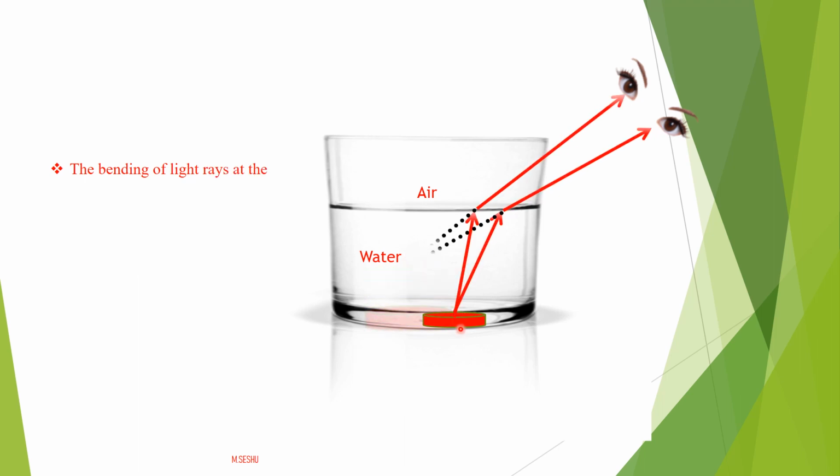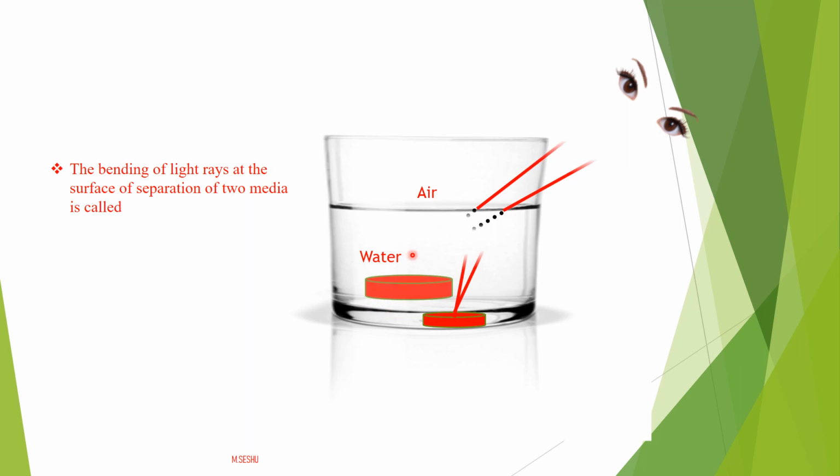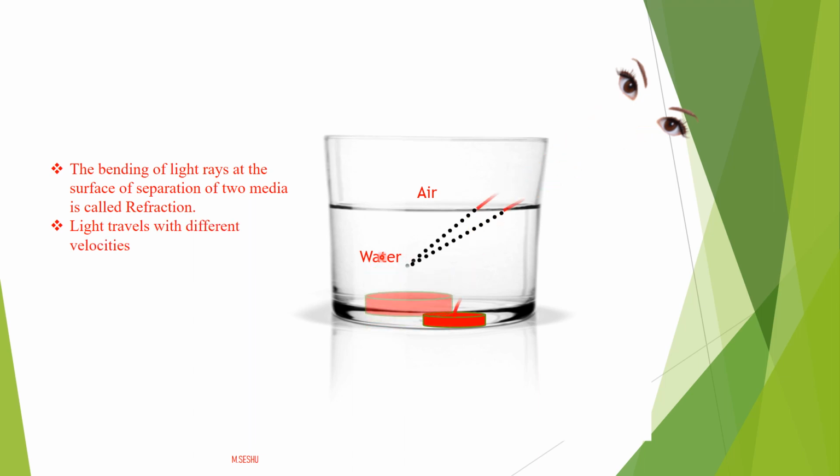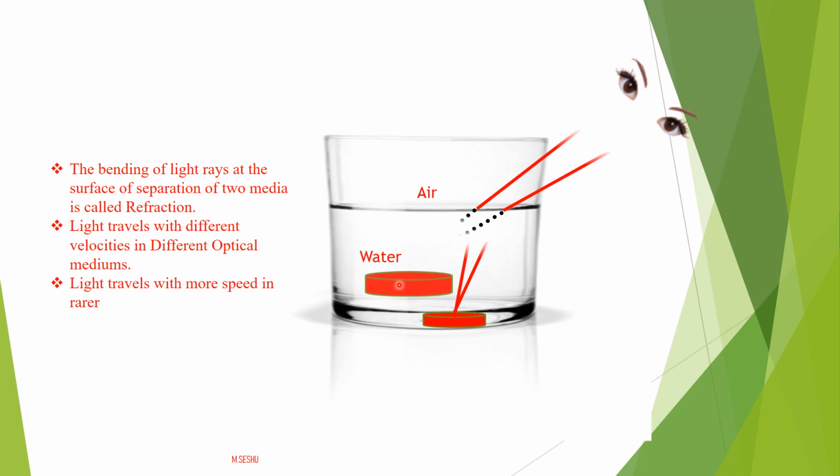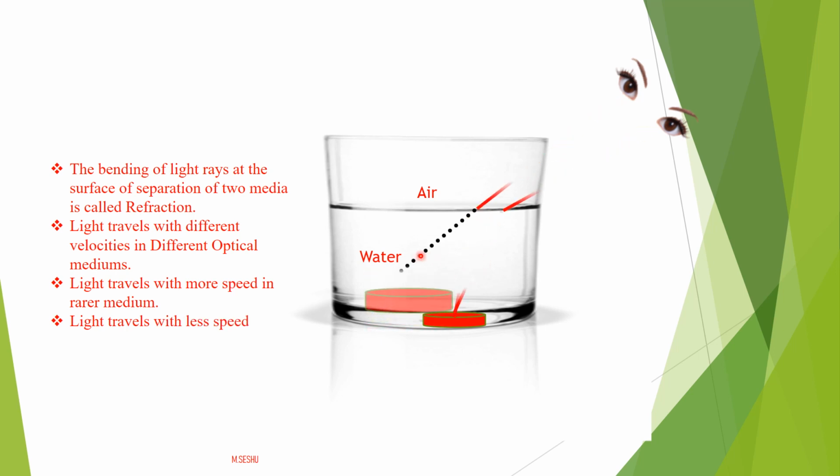This is the actual position of the object, but the human brain feels that the light rays are coming from this position. Are you clear about that? So this is the apparent position of the object. This is called an illusion. Our brain imagines that the light rays are emitted from this point only. So the coin appears slightly larger and raised when kept inside the water. The basic scientific principle behind it is refraction.